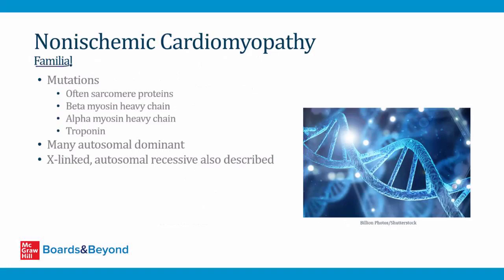There are familial forms of cardiomyopathy that run in families and are caused by genetic mutations. Often these are mutations in genes that code for sarcomere proteins. For example, there have been families described with mutations in the genes that code for beta-myosin heavy chain or alpha-myosin heavy chain and also troponin, although there are many other sarcomere proteins that have been implicated. Lots of these disorders are autosomal dominant, but there are also X-linked and autosomal recessive forms described. So on your board exams, it's unlikely they're going to expect you to know the inheritance pattern of a familial